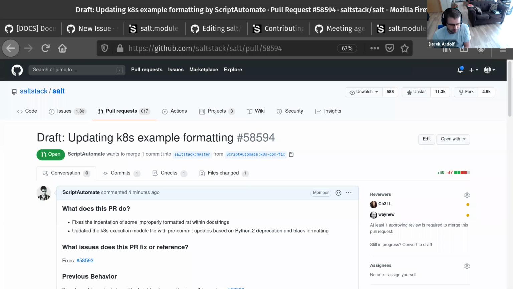But if you also have problems contributing in general to Salt, please reference the Salt community Slack to ask questions, because people could help you out and answer questions. And that's why opening issues is one of the best ways to help with the docs,